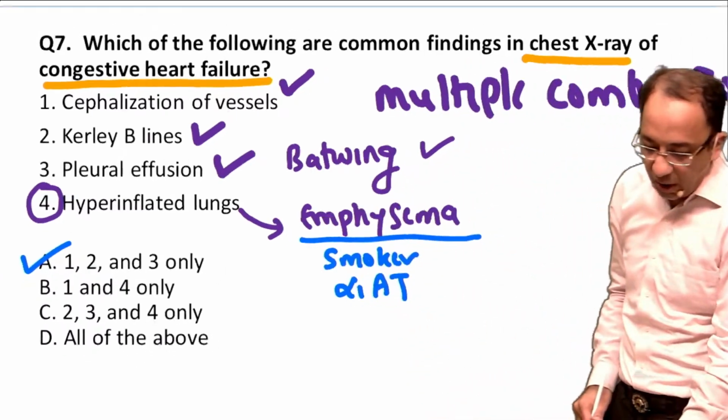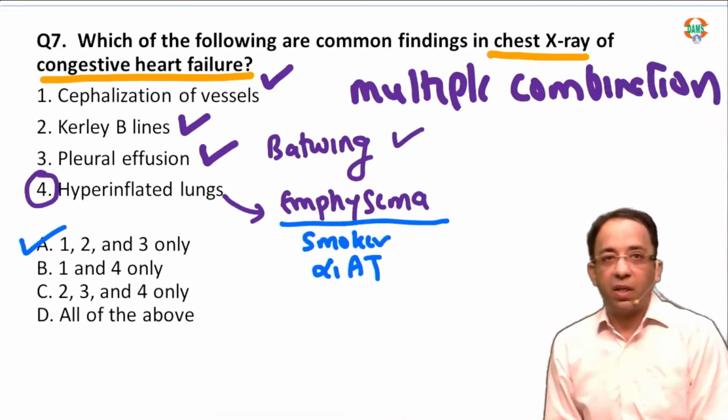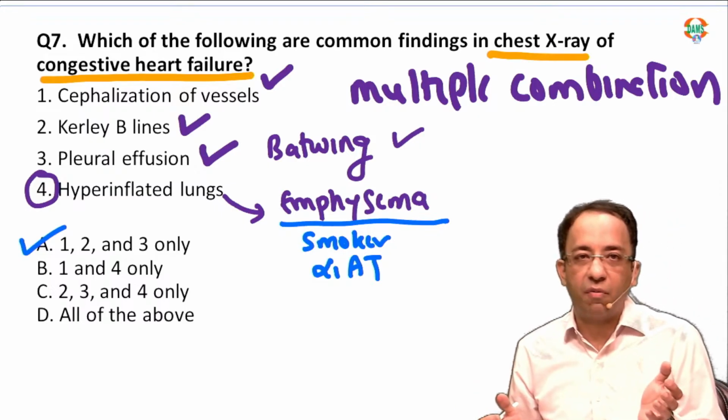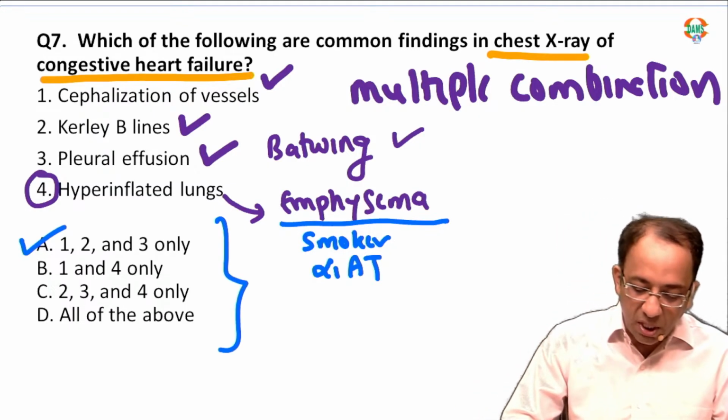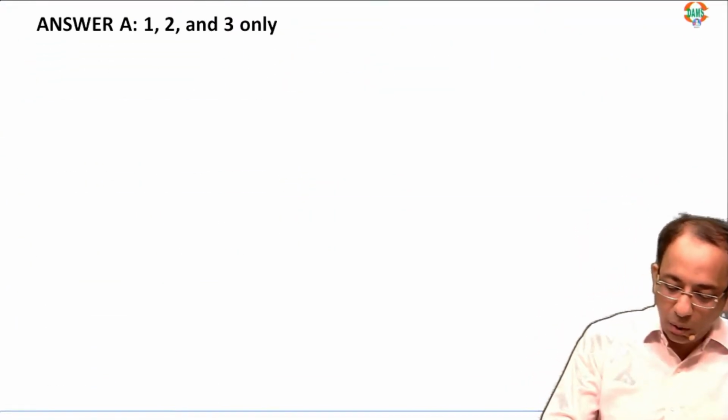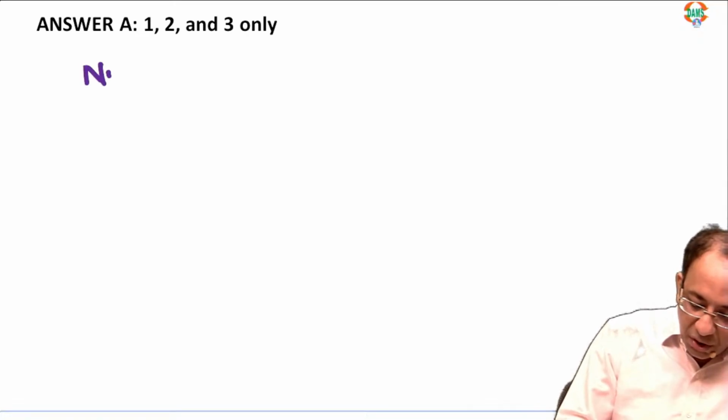Okay, so these are the X-ray features of heart failure. But the style is, it is a standard question that we discuss in every one of our classes. The only difference is the style. They have given multiple combinations. Okay, beta. Now tell me, how will you differentiate